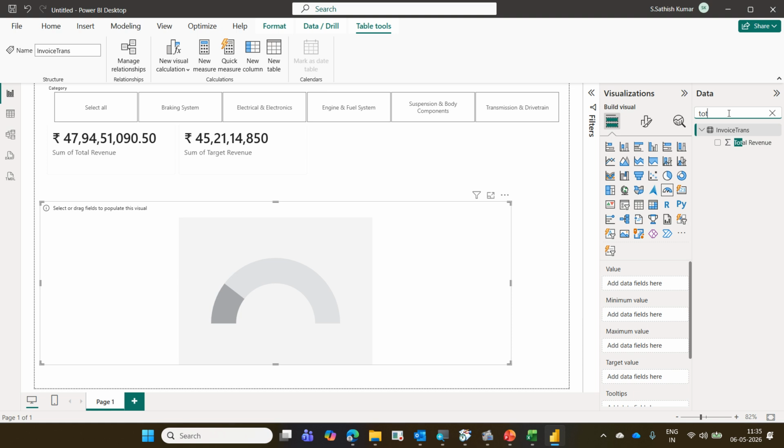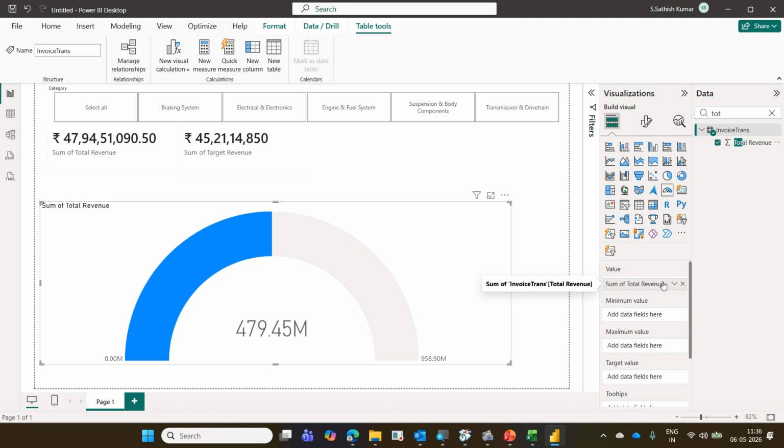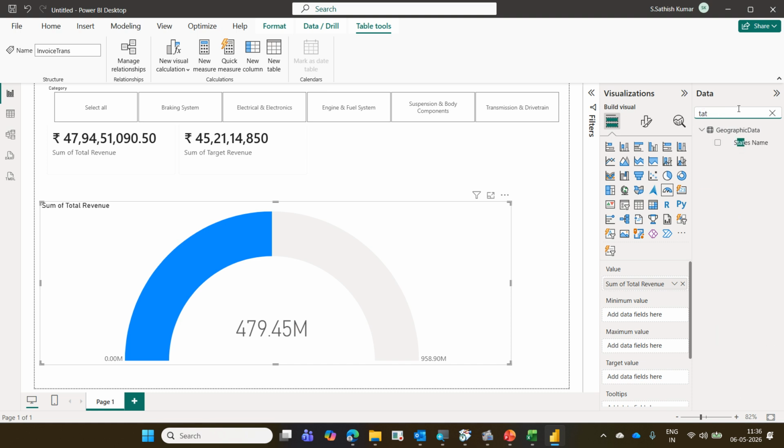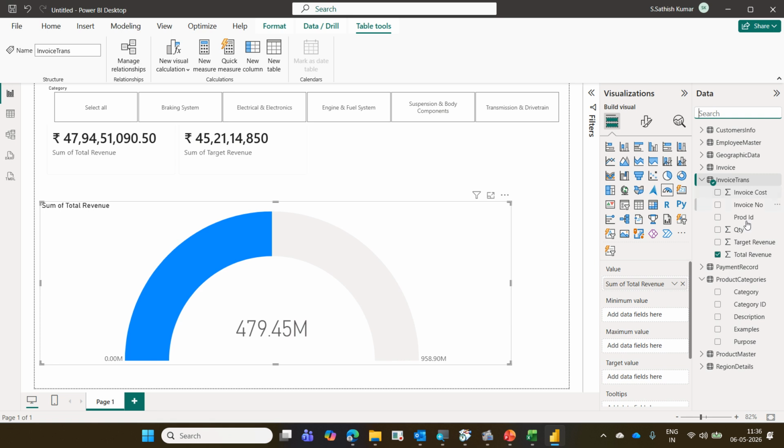This total revenue, I am putting into value. Same like target revenue, I am putting into target value.